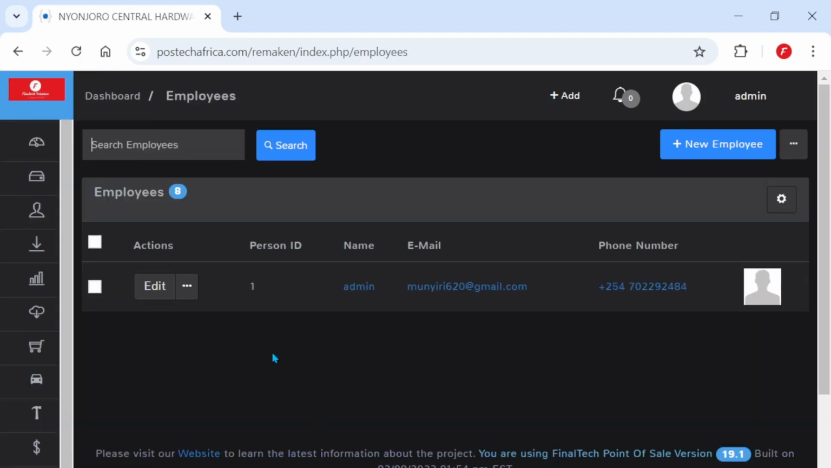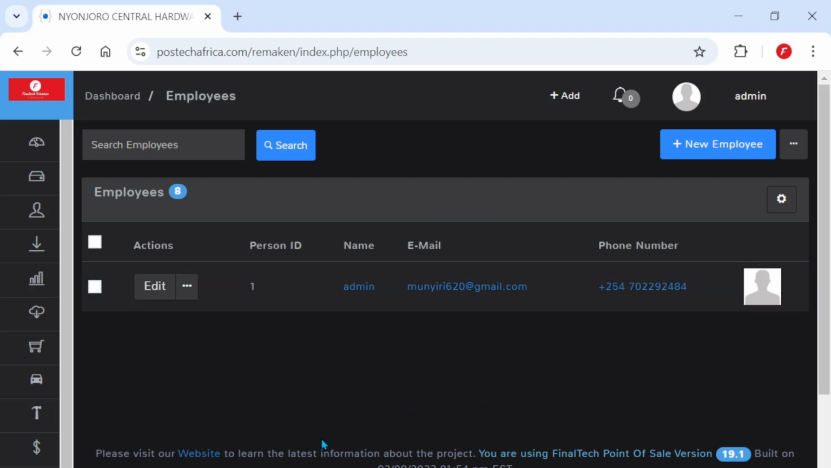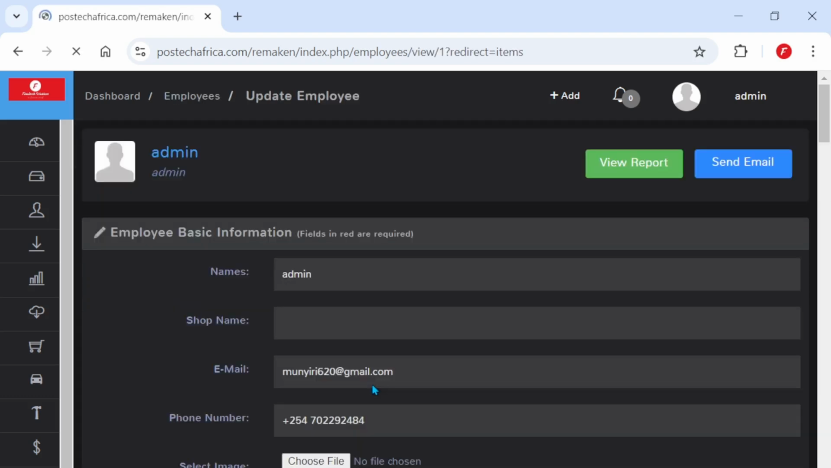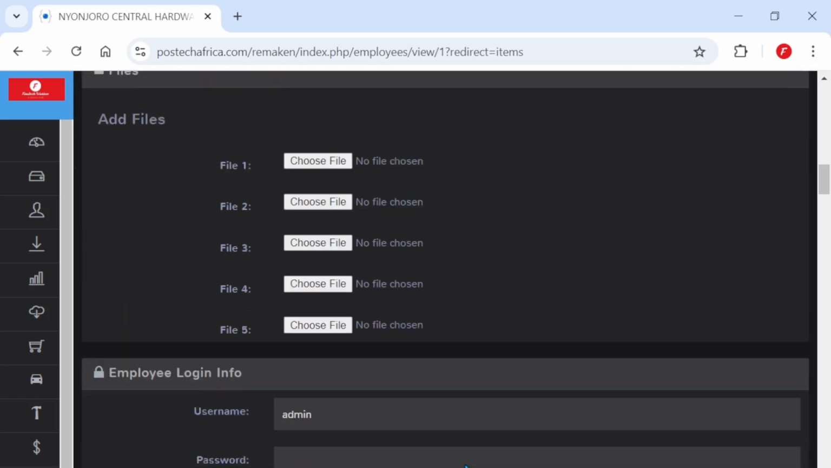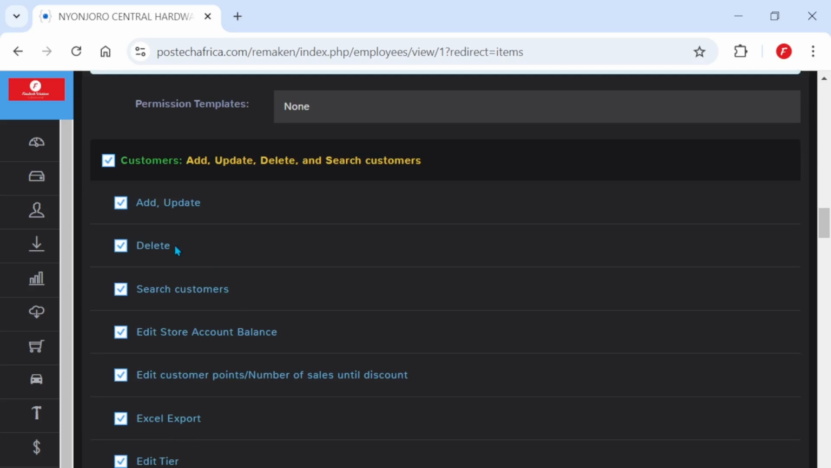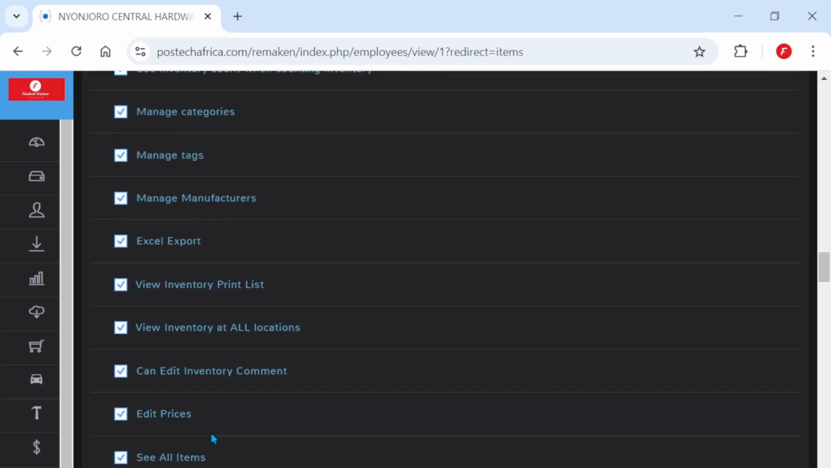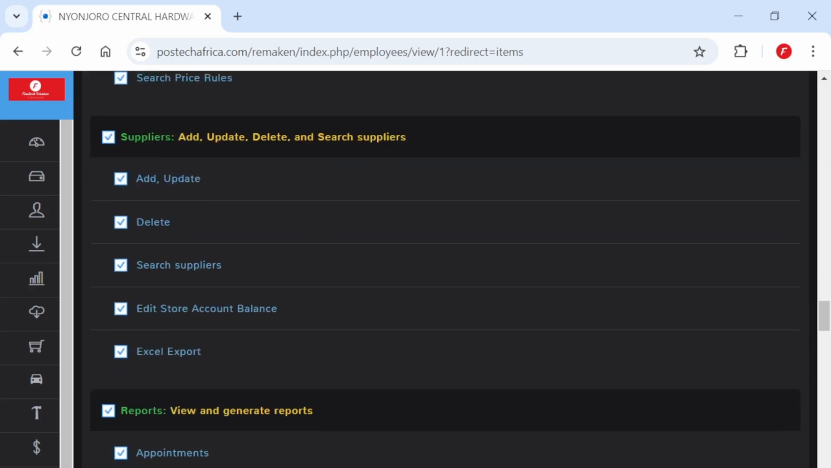Basically, these are the users, the people that will be using the system. This will help you manage the various users on your POS or your system. This will also help you to manage the various rights that they'll be having within the system. Here you can regulate what they see under different categories: customers, items, item kits, suppliers, and